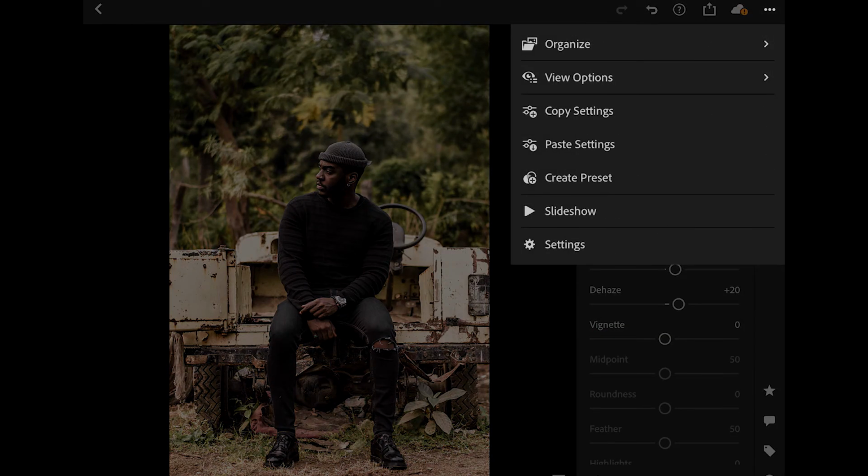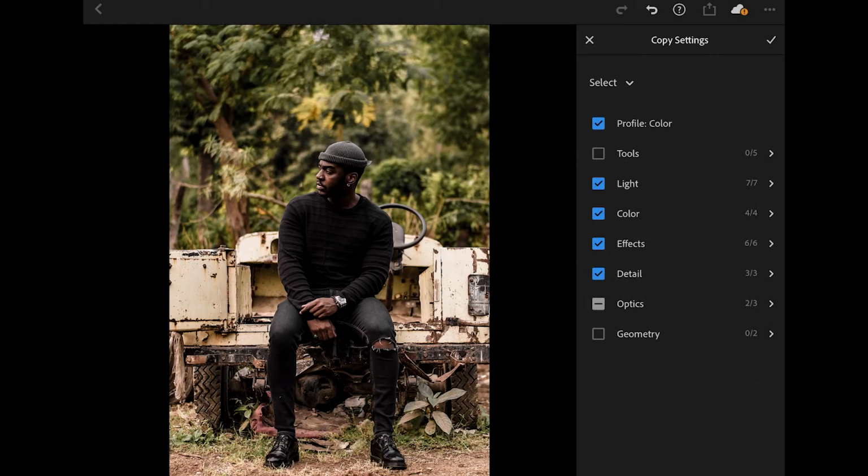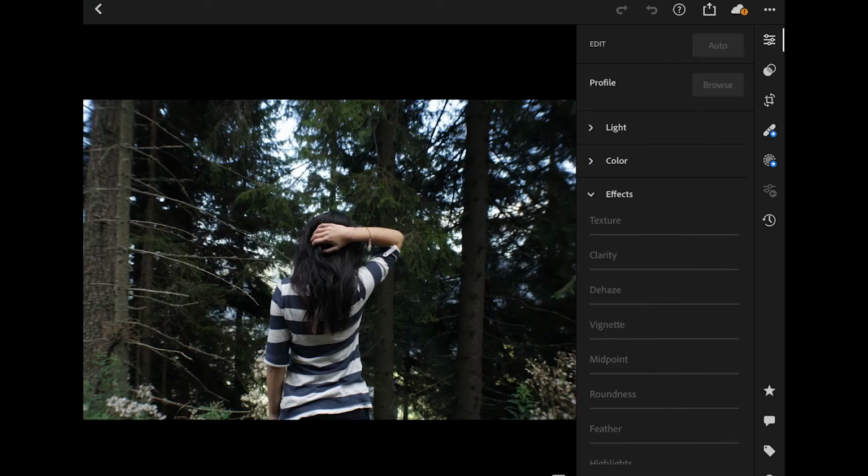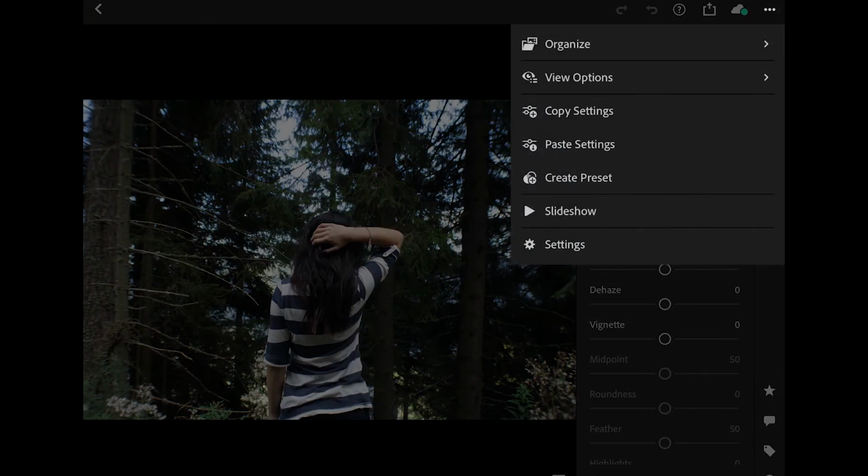Now let's try to copy this preset to another photo, copy settings. You could